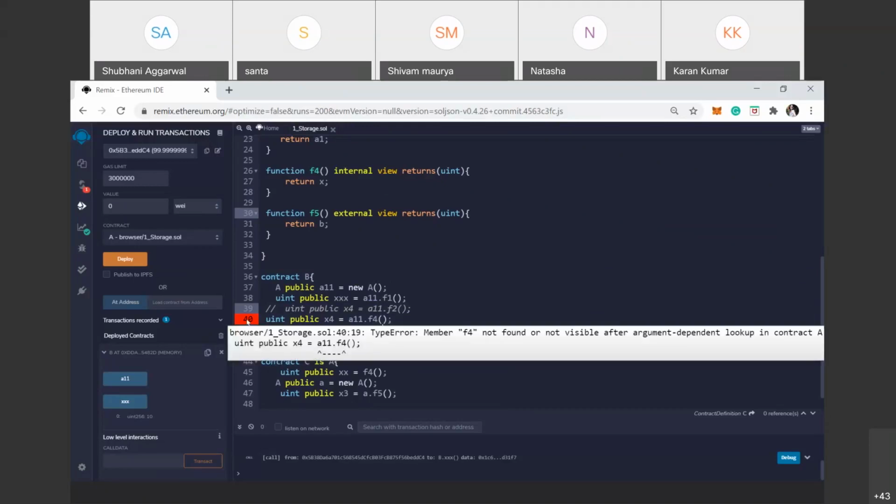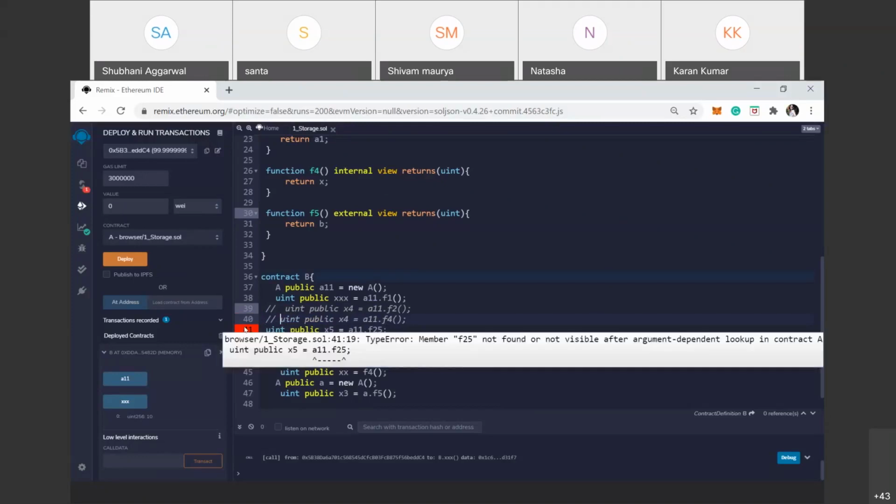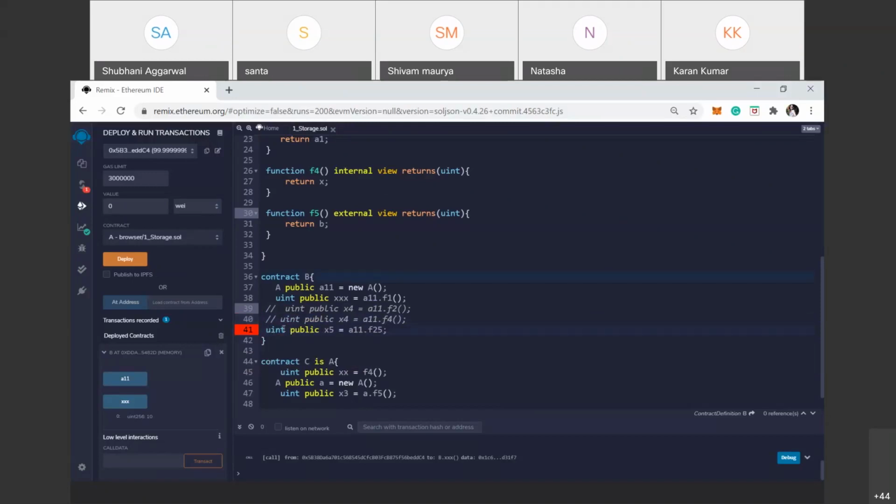Which function is internal in nature also shows an error, not found or not visible, because it is internal in nature. So here also. Clear? So we call only those functions in other contracts which are public in nature in that contract.